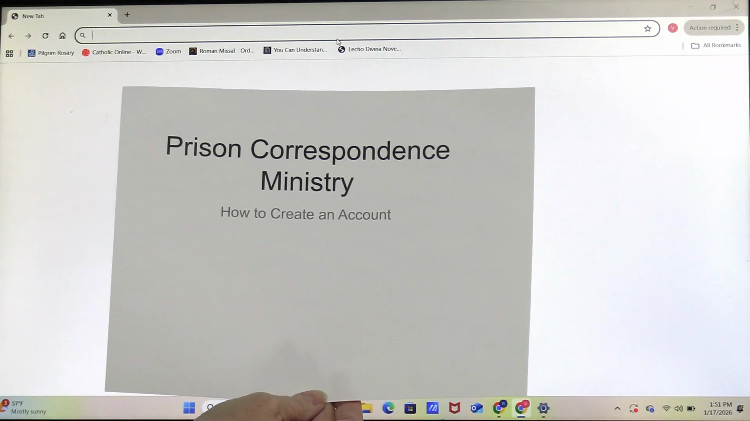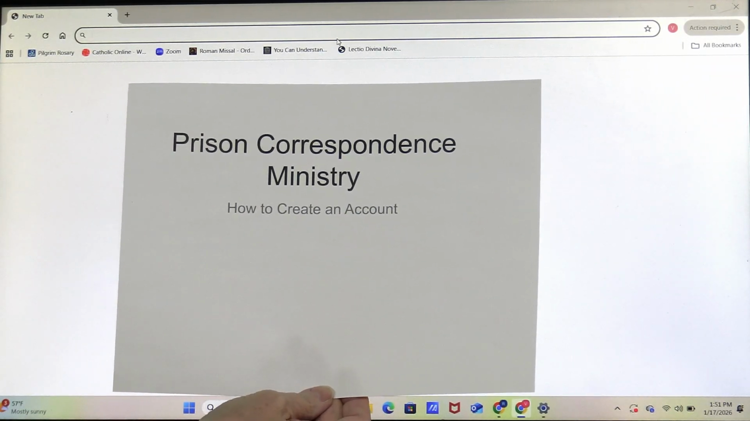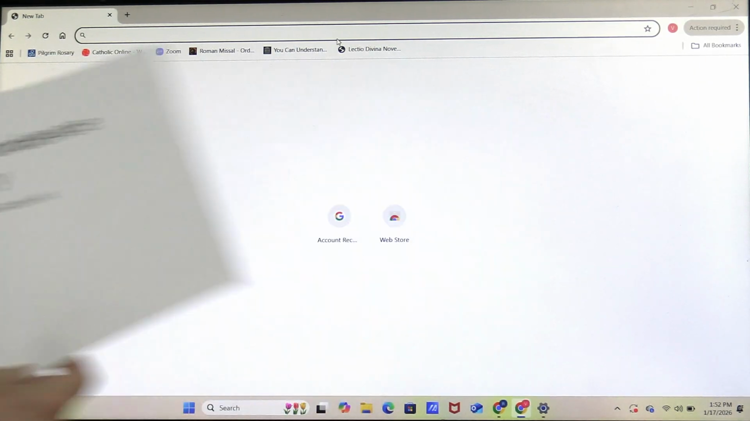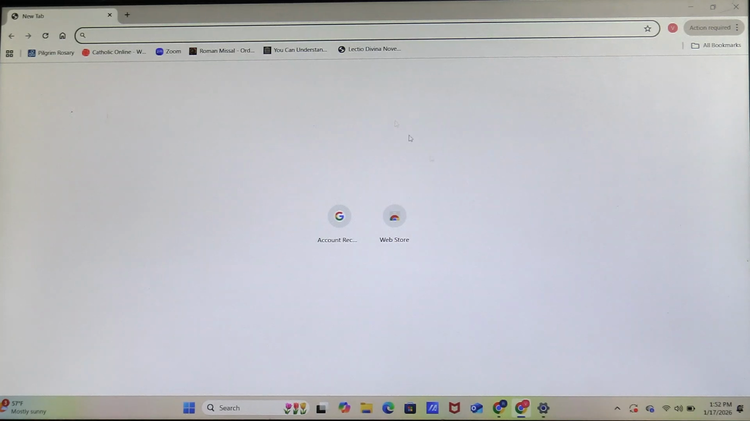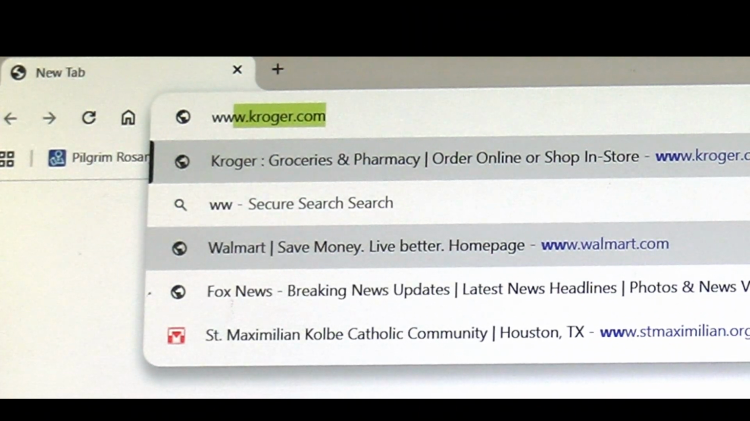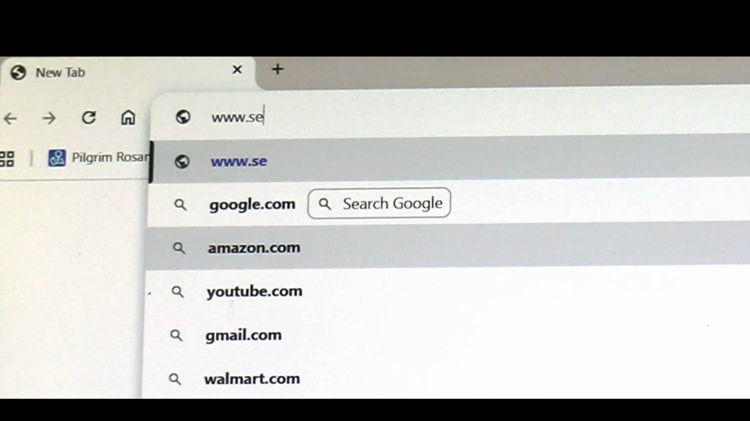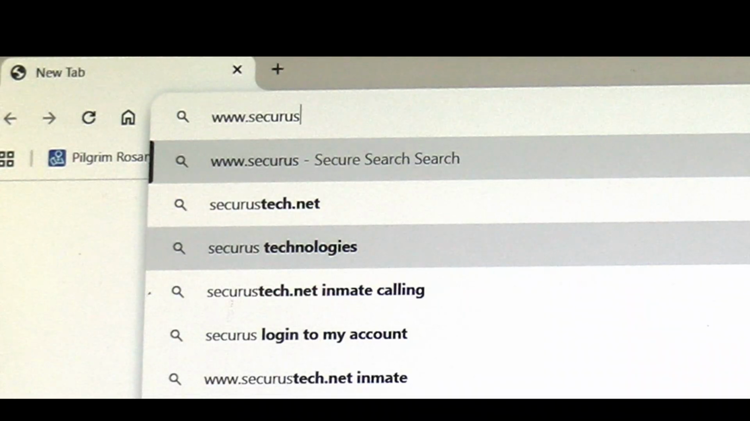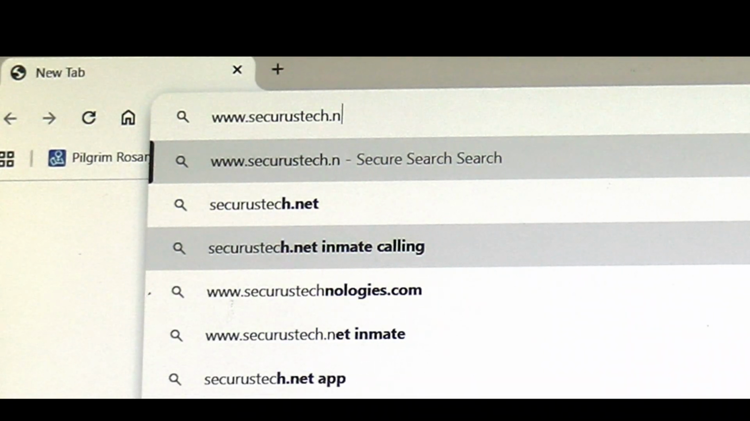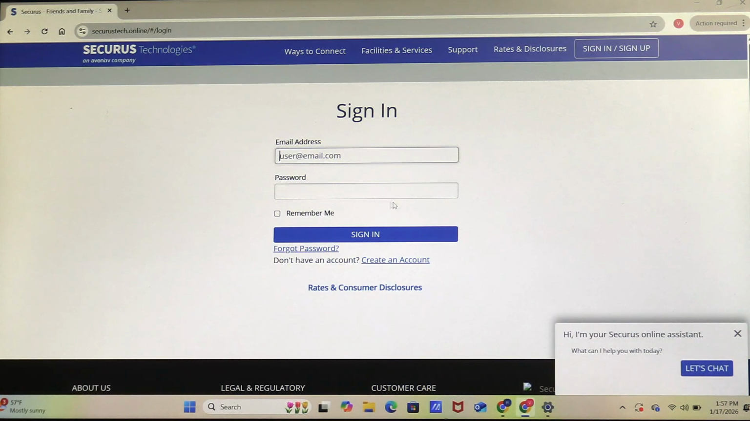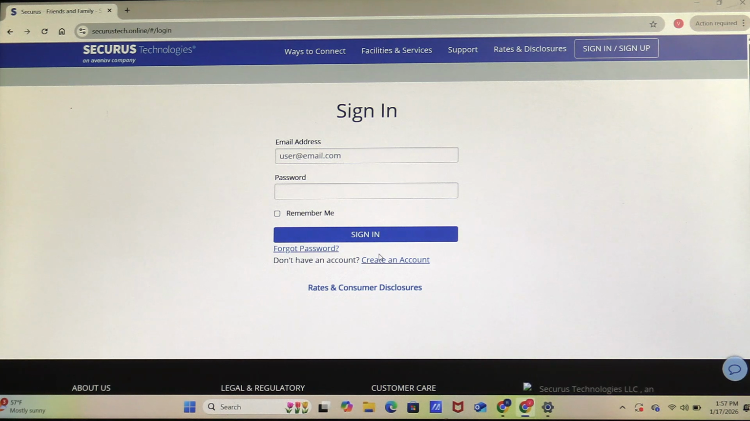So the first part is you will need to create an account, and this is something you will only need to do once. Step 1 is to go to securustech.net. Can you spell that? securustech.net. And since we don't have an account yet, we will skip the sign-in items and we will go to